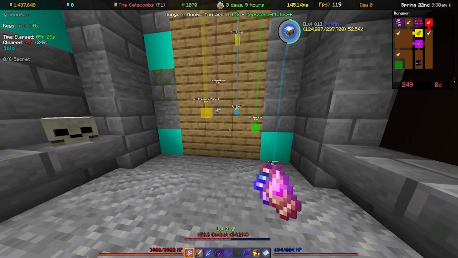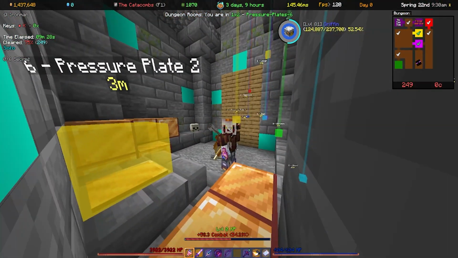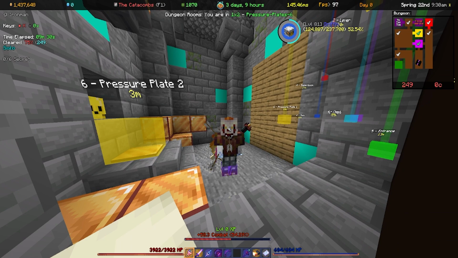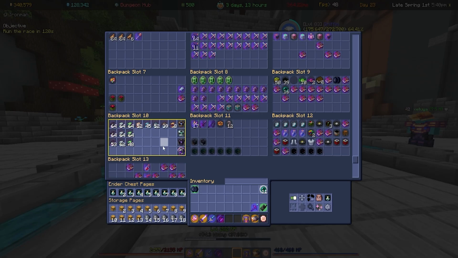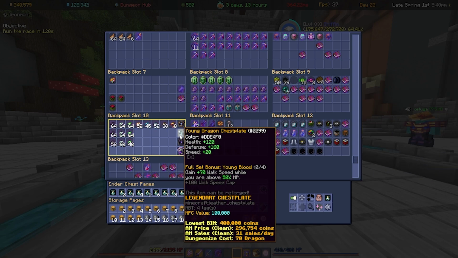2 hours later. So I've ended up in this room. I don't know how to get out. The pressure plate doesn't work. I'm just stuck. Sick. And we're now at a point, luckily, because I've already got a young dragon chestplate and